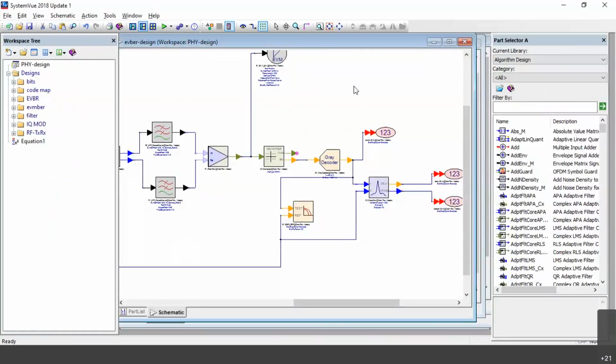So now we'll design some basic things. We'll see how exactly we can modulate our signal, either using QPSK, BPSK, or different modulation techniques. We can also analyze error vector magnitude, bit error rate, or cross correlation with respect to the signal. We can analyze all those things in a system view. Let us see exactly one by one how we can do it.